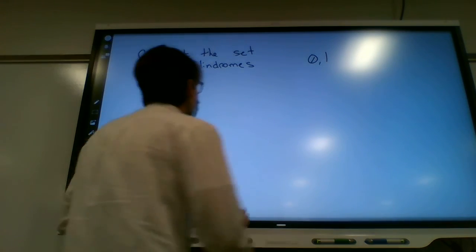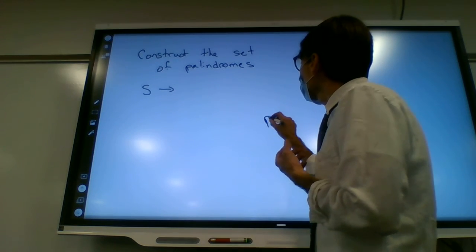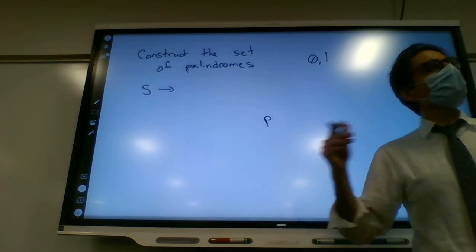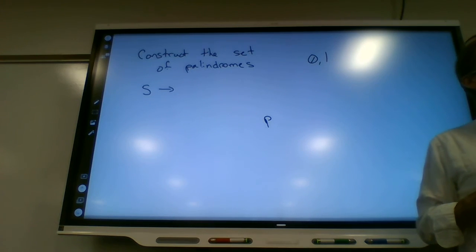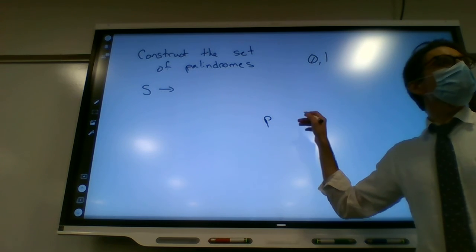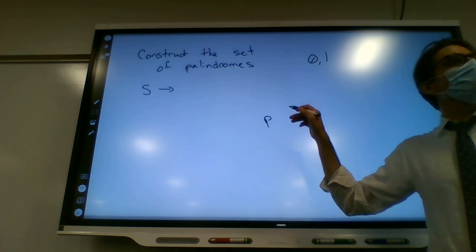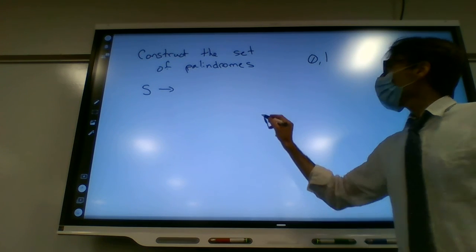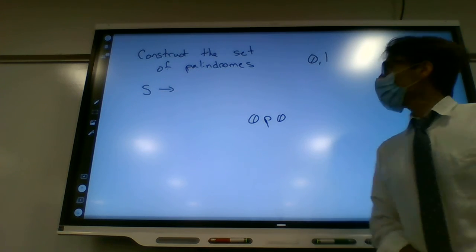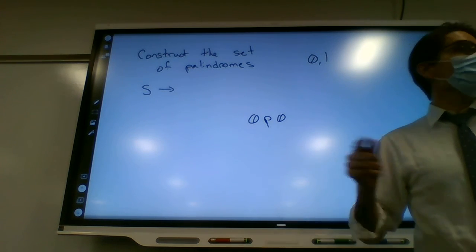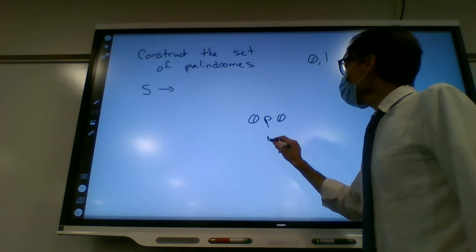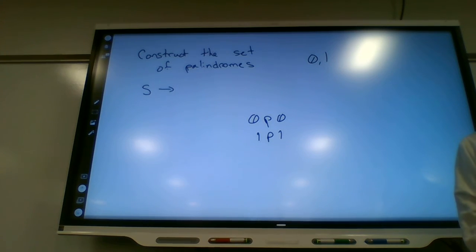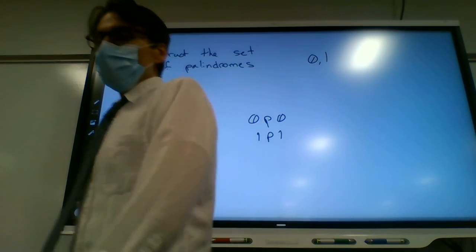So if we had some particular palindrome, and we wanted to expand it to a bigger palindrome, what would we need to do? I mean, this palindrome is just a binary string, but we need to put the same thing on both sides, right? So we need to put either a 0 on each side that will expand to a bigger palindrome, or we need to put a 1 on both sides to expand to a bigger palindrome. All right, so what can we do? We can use that idea